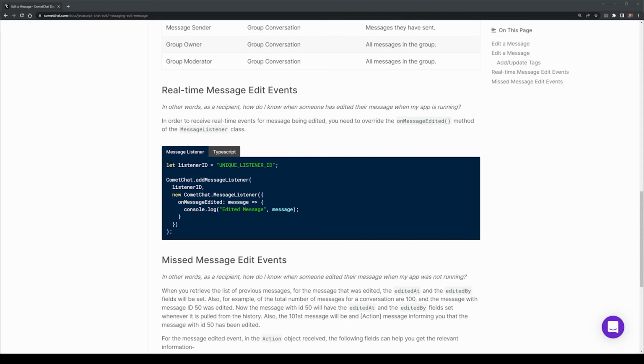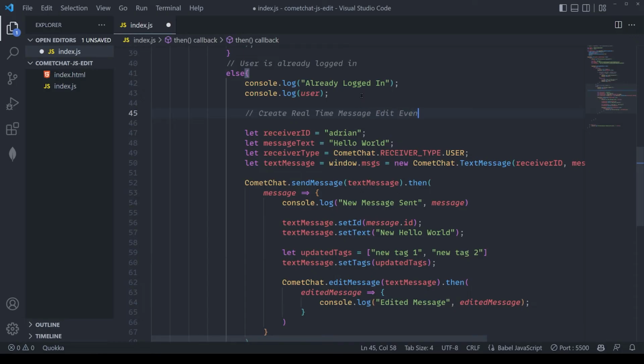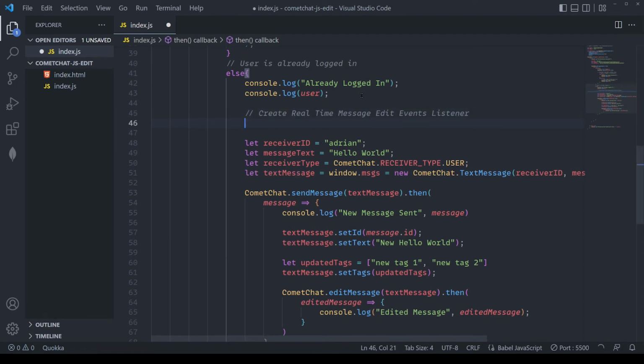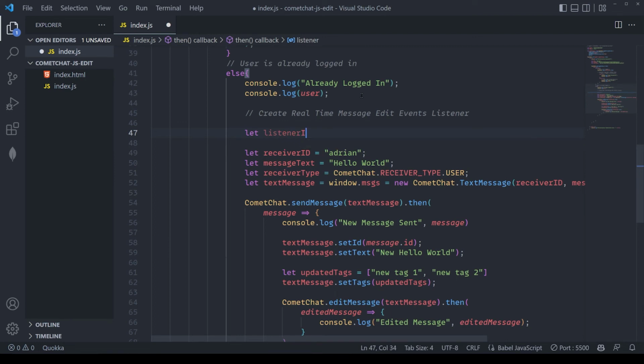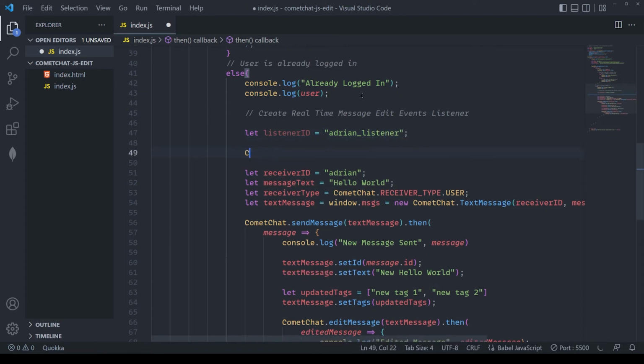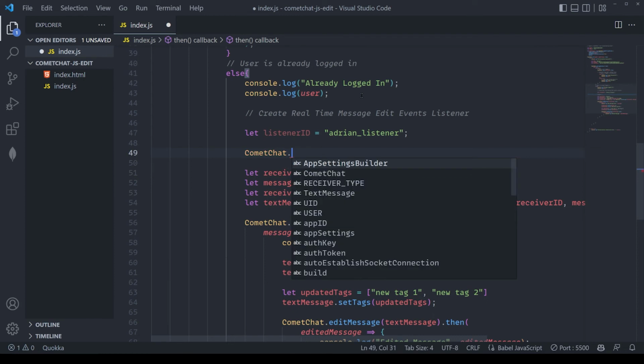Let's see what this looks like creating it inside of our application so far. Here inside VS Code, I'm going to create a new section called Create Real-Time Message Edits with the Event Listener. We'll create a new variable here called listenerID. This can be anything you want, so I'm going to create the Adrian_listener as the ID here. Then we're going to call